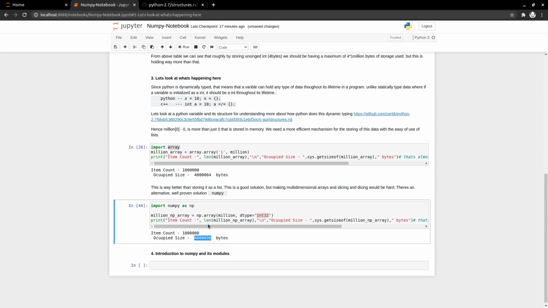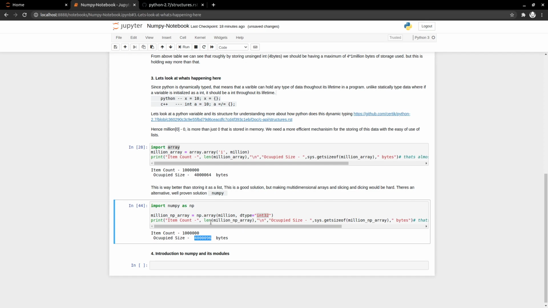Now we got to know why we need NumPy, right? We'll see what all features NumPy supports, because NumPy is the basis for all of this. Pandas is like an in-memory database kind of thing. It's like a table in which each row is nothing but a NumPy array.